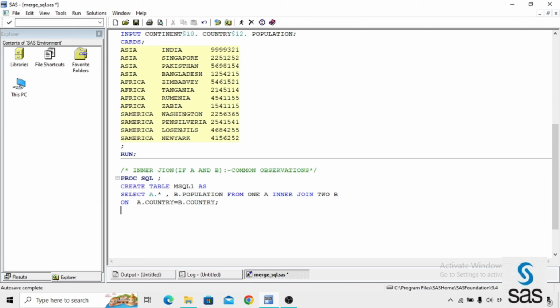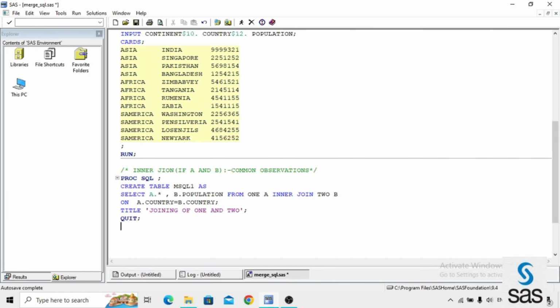Just like the common variable BY in the merging concept, here we are using on A dot country equals to B dot country. Inner join is nothing but if A and B, comparing the data sets. I am just giving a title, joining of 1 and 2, and a quit.